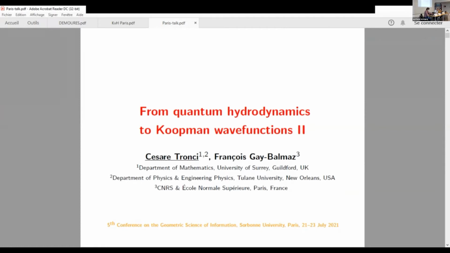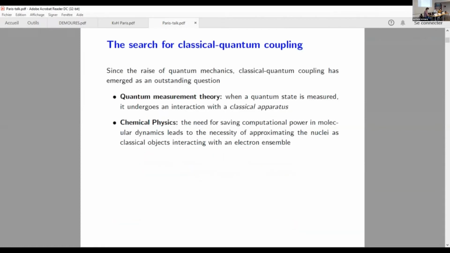Right, so I will start with some motivation here. What is classical quantum coupling? Why do we need it? Well, it's a foundational problem. It comes from quantum measurement theory. In quantum measurement, we need to understand the interaction between the quantum system that is being measured and the classical